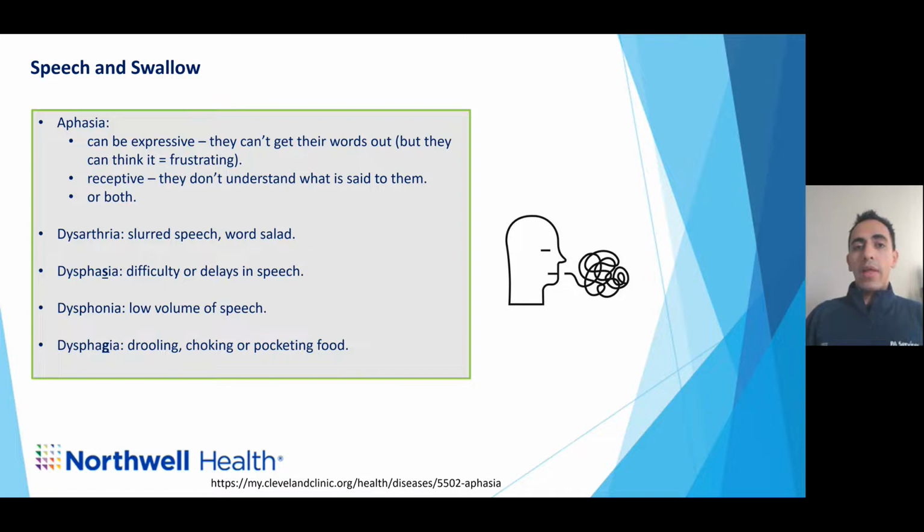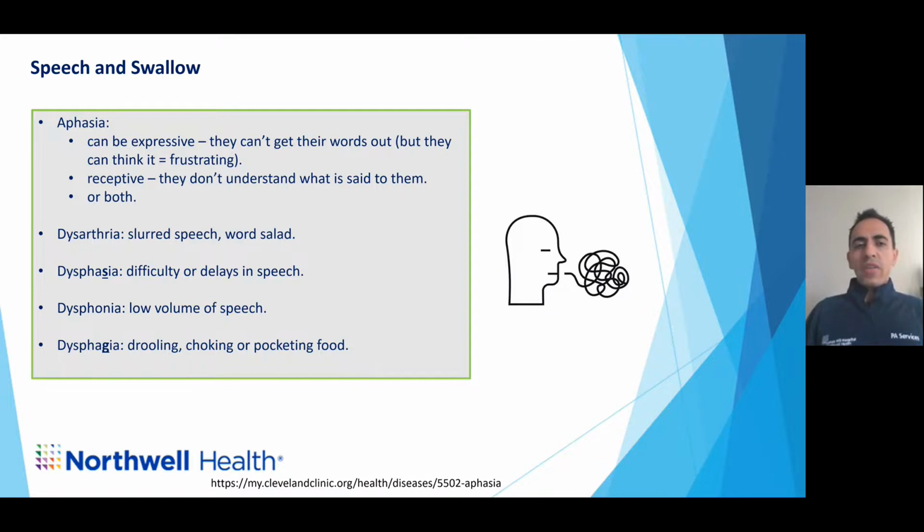Expressive is where they can't really get their words out to you. And they look very frustrated because they can think it. They just can't say it. And receptive, where they don't understand. They just stare at you blank, like they don't know what you're saying because they have a receptive aphasia, or it could be a mixture